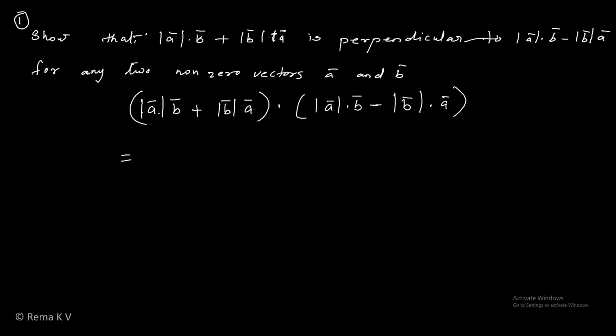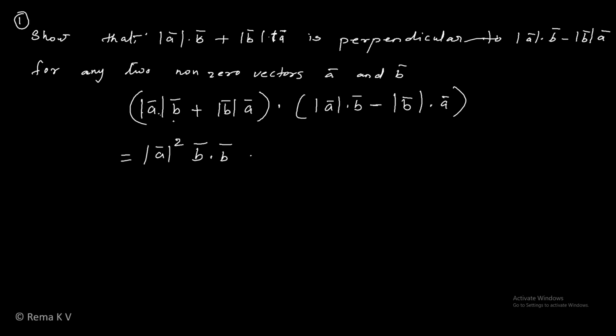Here modulus of A is a real number. So multiplying with this, you will get modulus of A square into vector B dot vector B, multiplying these two terms,